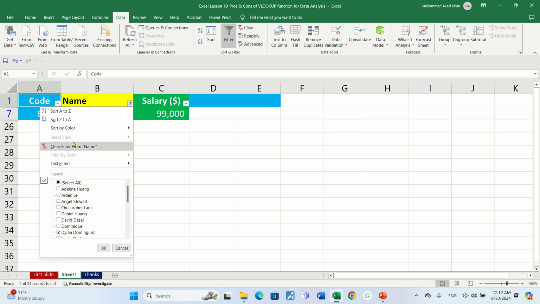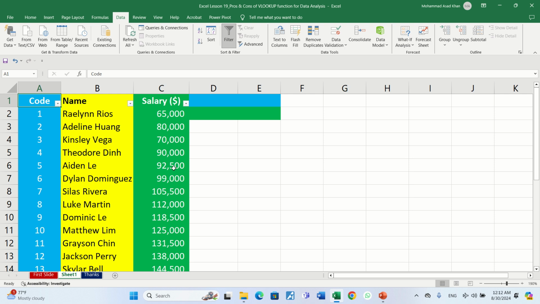Yes, it's a very right question. So first I would like to address this question: if we have filters in our hand, then why do we need the VLOOKUP function? Again, I would like to create a story. Your boss comes to you and he asks you that